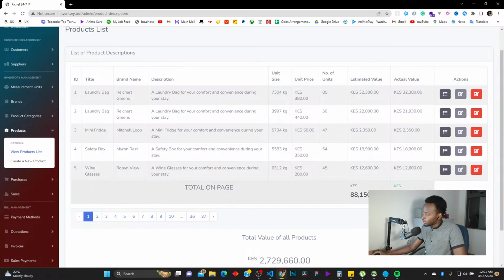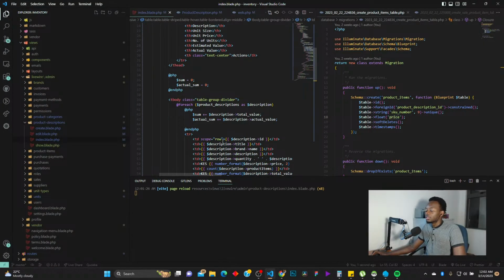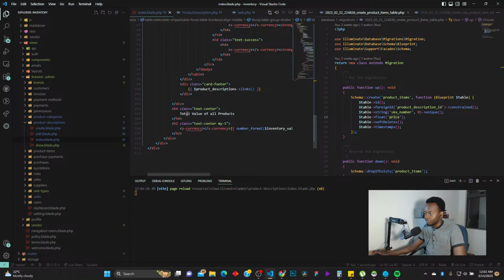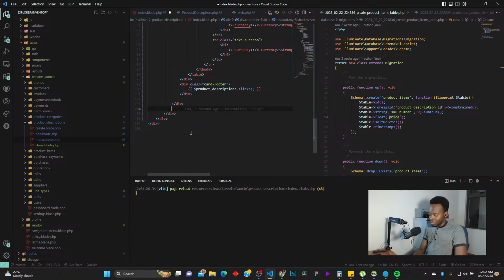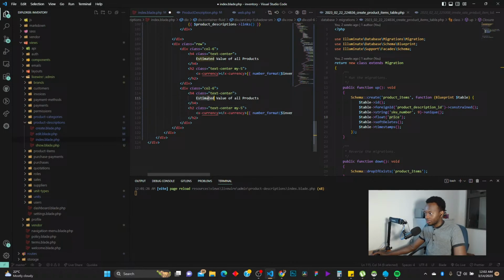I don't know. Okay, so over here we have total value of all products. This is not the total value. This is estimated value. We'll call it estimated value. So going down here, we have estimated value. All right. So in this situation, what I'm going to do is I'm going to do row, right? Column 6. And now I'm going to paste this here, and then copy this. Then I'm going to come in here and do actual